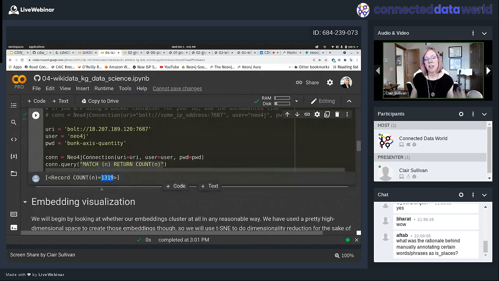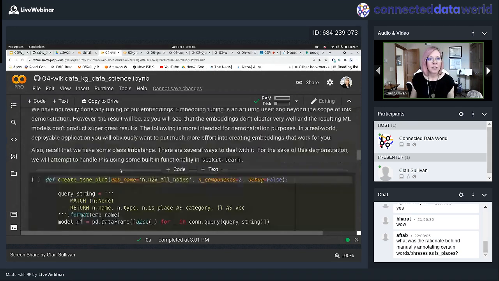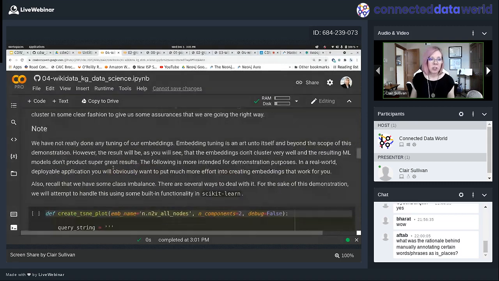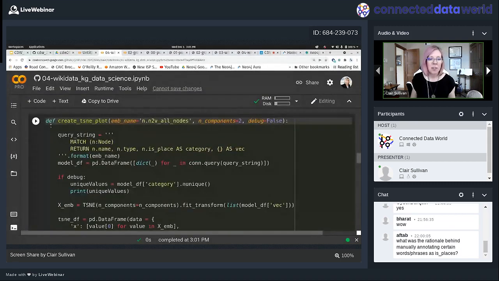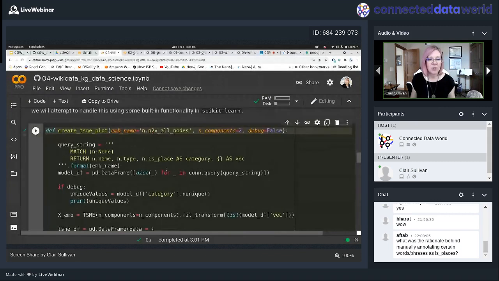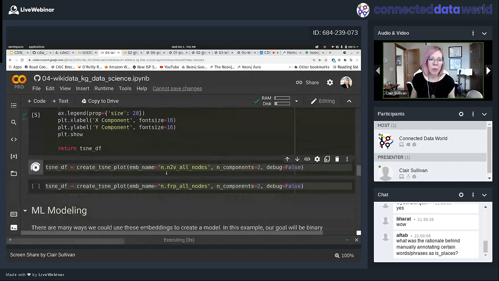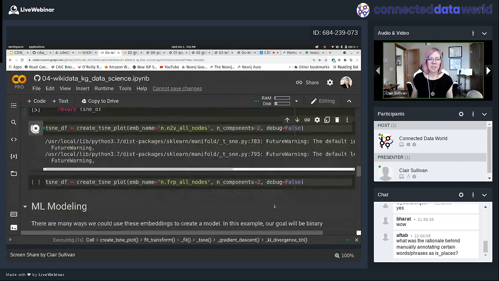Which is good. So I know that I've made the connection and that I see the full graph. Okay, so let's just quickly, remember I was showing TSNE plots before. I'm going to just quickly do that. I have a function here for doing that, just so we can see the quality of our embeddings. I'm just going to do it for one of them. I'll do it for Node2Vec, just because this can take a minute to run.